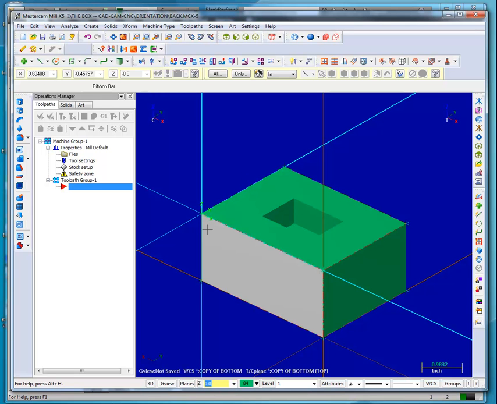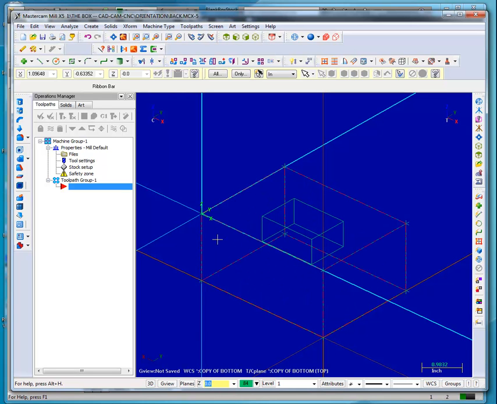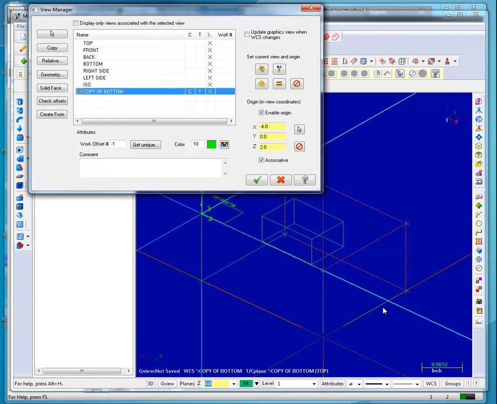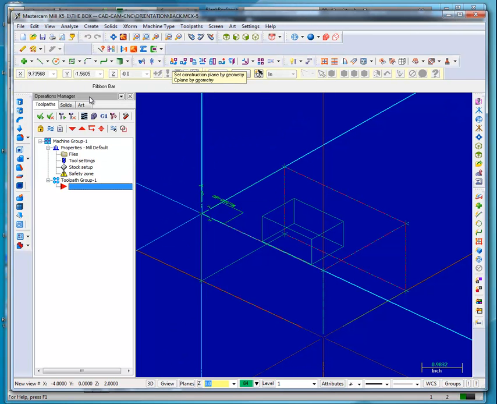Now I want to show you how to change that if you need to, because some of your boxes won't come out that nicely. First I'm going to go back to wireframe. So if I want to change the orientation of my axes, what I do is I go to Work Coordinate System, View Manager, and I hit this Geometry button. So it says, well,